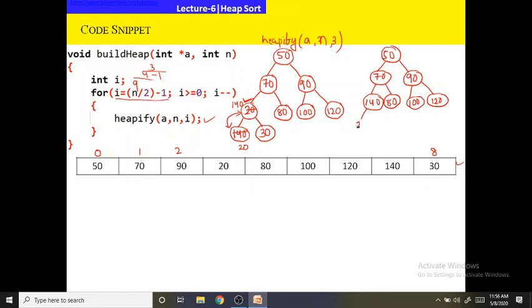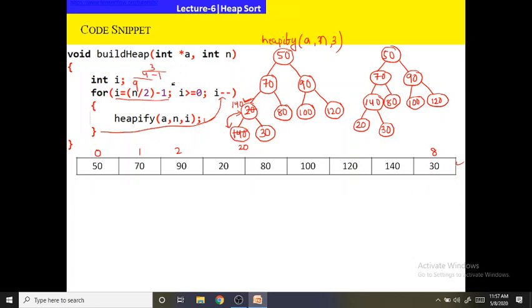Here I will get 20. Here I will get 30. So now you see, after the end of this, we will decrement the value of i.